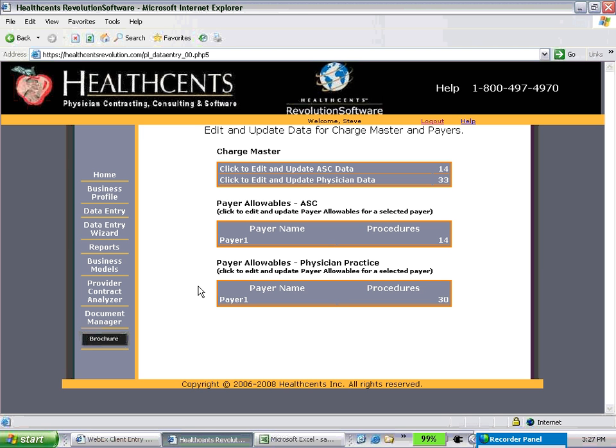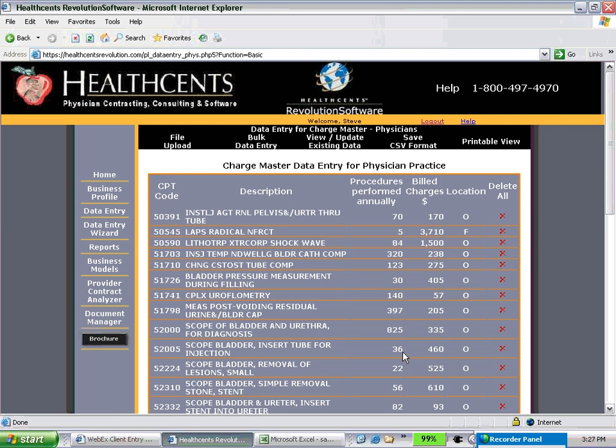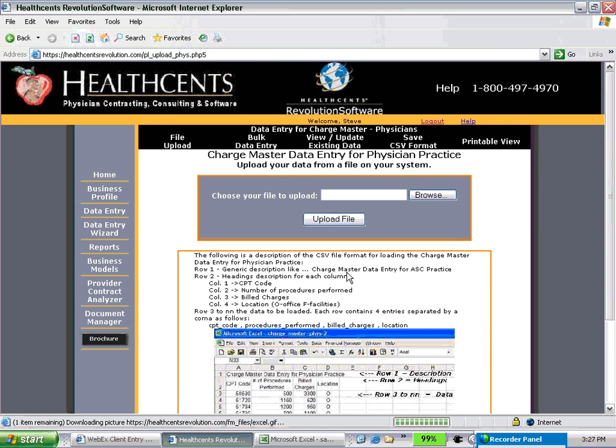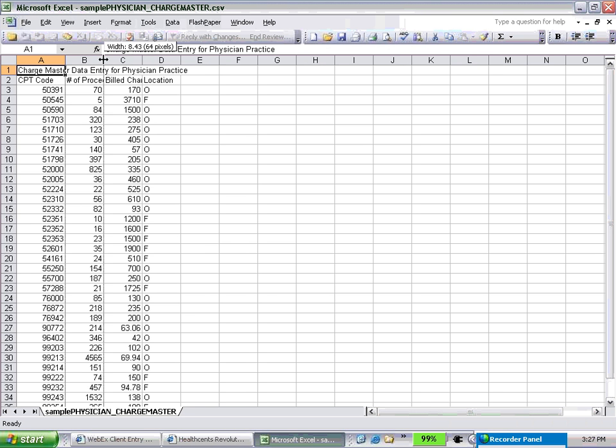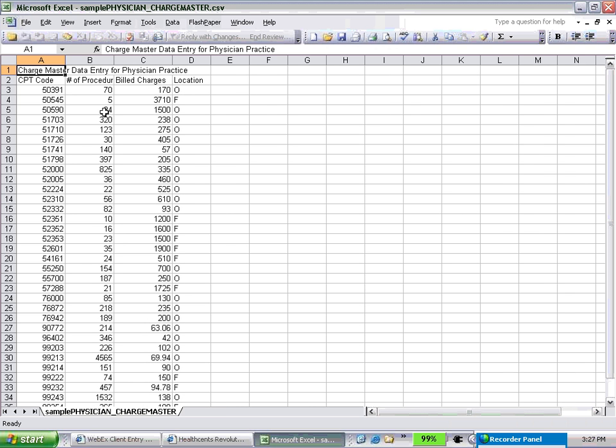As far as the charge master is concerned, basically all you do to start using Revolution is you edit the charge master and you upload a file. And the file that you upload, you simply browse for, and all it looks like is a basic file that has several columns of data: your CPT codes, the number of procedures that you perform per year for that particular code,